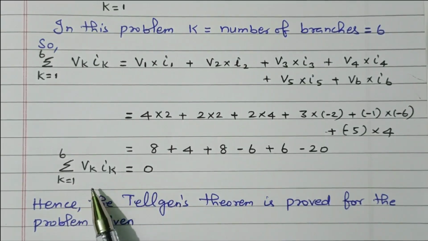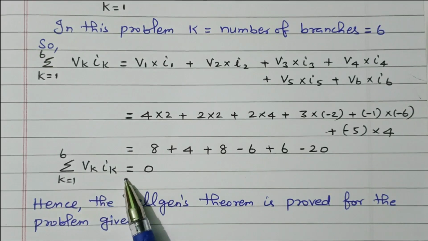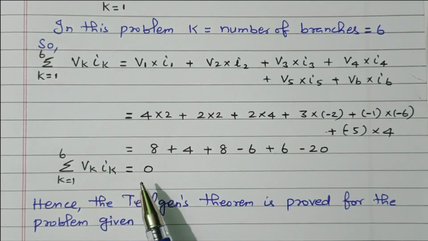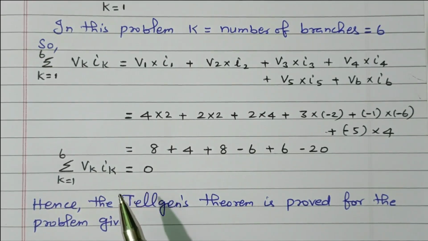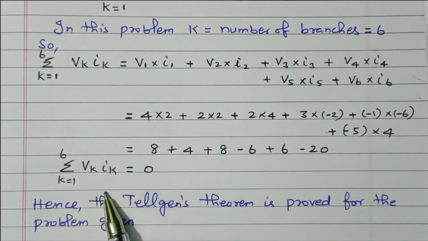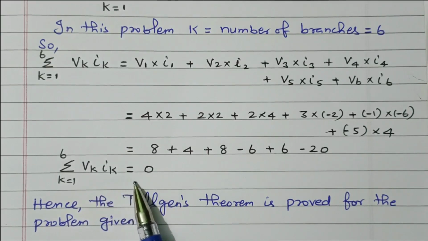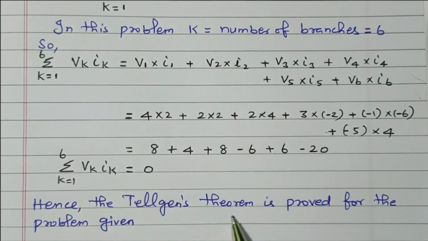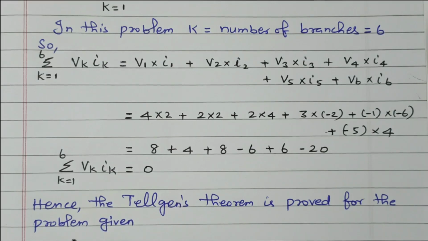So that is the important statement of Tellegen's theorem. Instantaneous power in any network is equal to 0, and it should also satisfy KVL and KCL. This we already verified. If this network satisfies KVL and KCL, and also the instantaneous power is 0, hence Tellegen's theorem is proved for the given problem. So in this problem we verified Tellegen's theorem. That is, we verified with KCL,